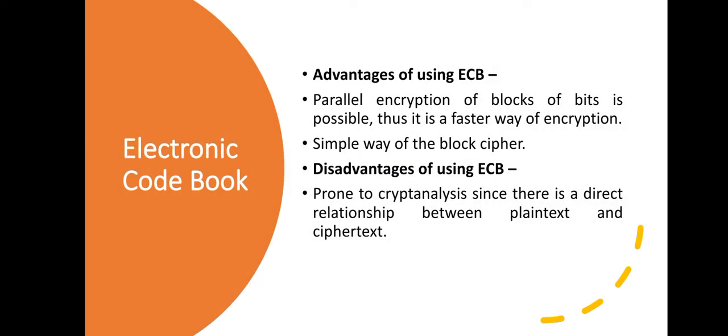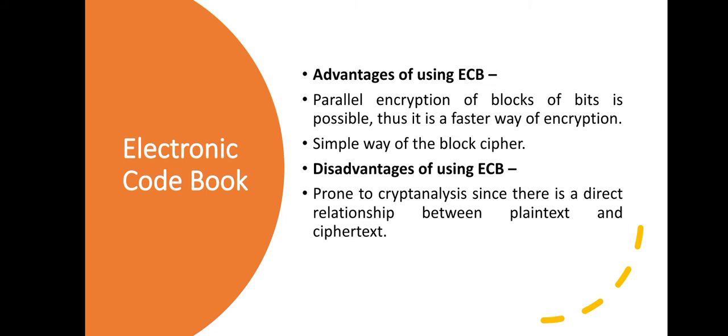Advantage of using electronic codebook mode: parallel encryption of blocks of bits is possible, thus it is a faster way of encryption because there is parallel processing, with no dependency between the first block and the second block and other blocks. Disadvantage: